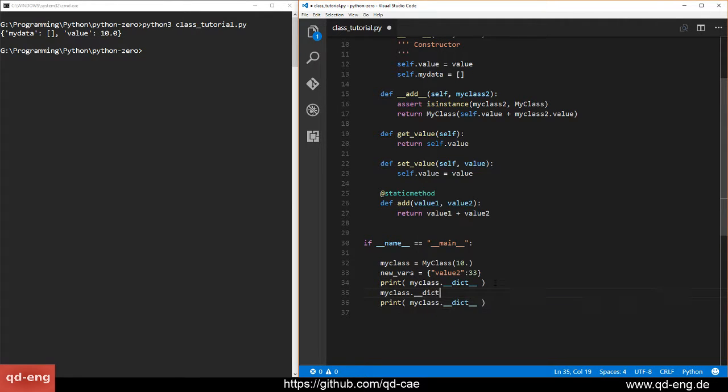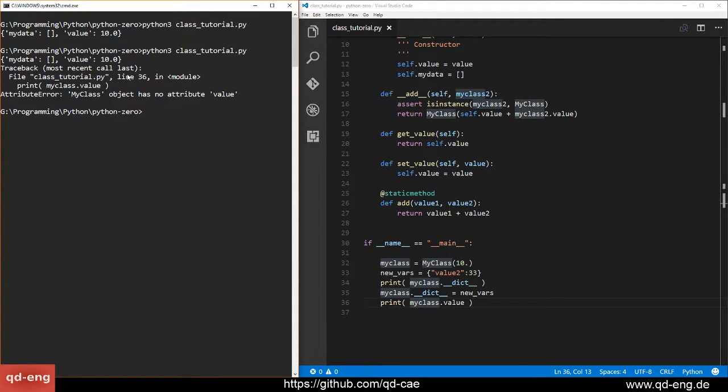We simply override this with new vars, and the old variable here is called value, okay? And thereafter we override the old dictionary and try to access it, and as you can already see, it is failing because it says there is no